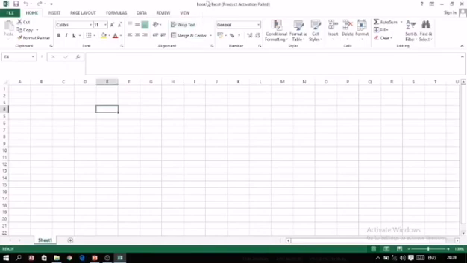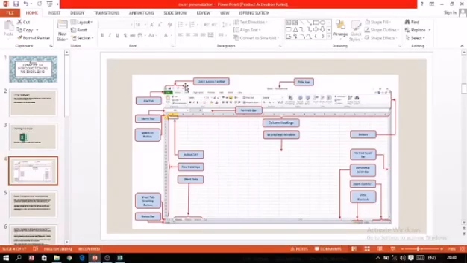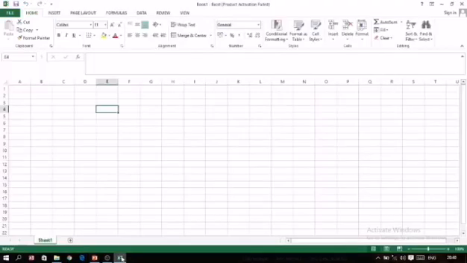For example, you have saved your file by giving the name class 9th. So in place of Book 1, class 9th will be written there. Along with it, Excel is also written, meaning this is an Excel application window. Then we have many more things here. Just after it, towards the left side, we have the quick access toolbar. These buttons are used for doing your work quickly. We have the save icon, undo button, redo button, and there are other buttons which can also be displayed. So this bar is known as the quick access toolbar.